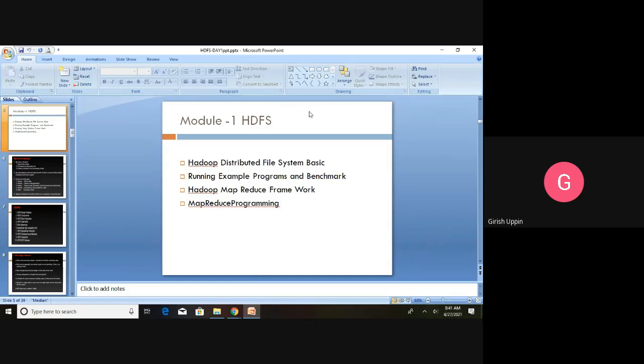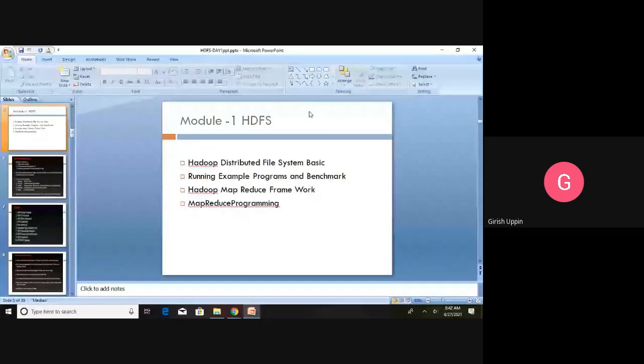To solve that particular problem, big data has been thought about, and it is implemented using the Hadoop distributed file system, that is HDFS. The core of HDFS is that the data volume is huge, as we know, this is big data. So instead of bringing the data to the computation, the computation is taken to the data. Wherever the data is, the computation is sent there, the processing is done there, and the results are taken. That is how it becomes very fast.